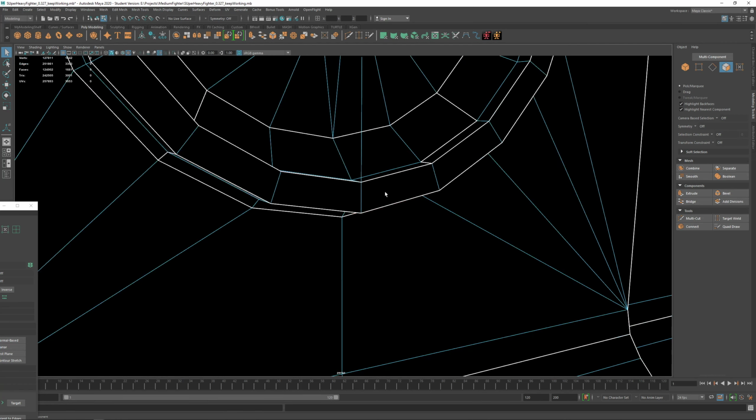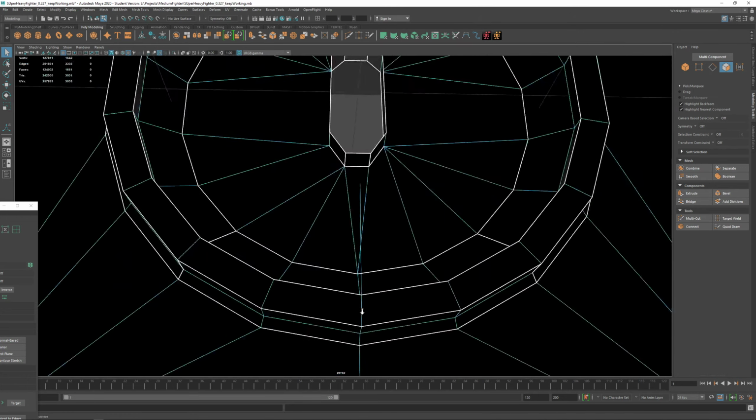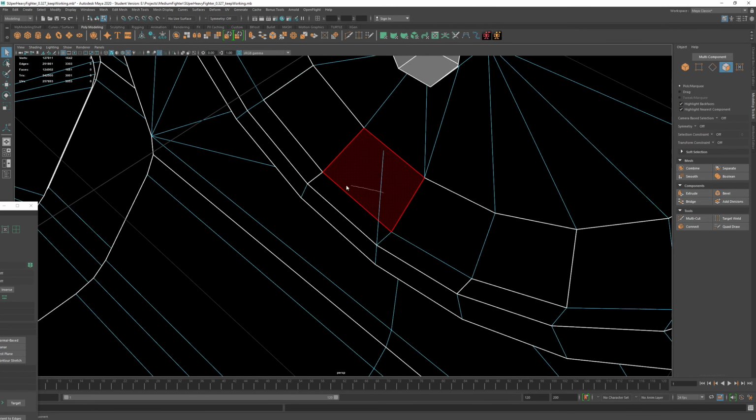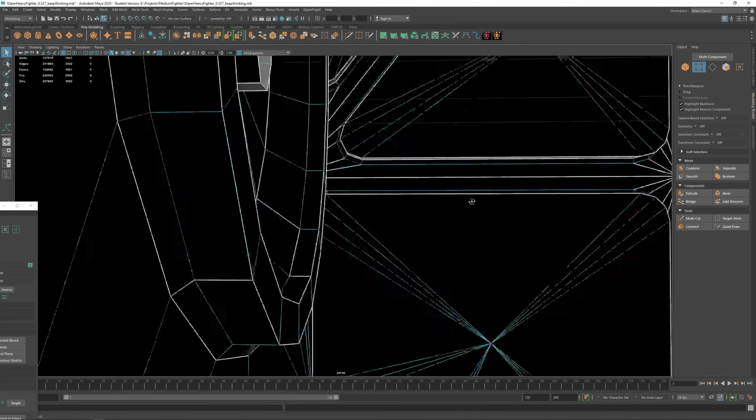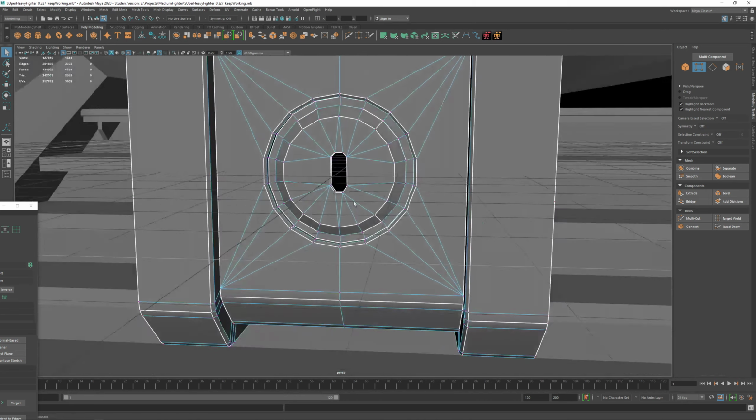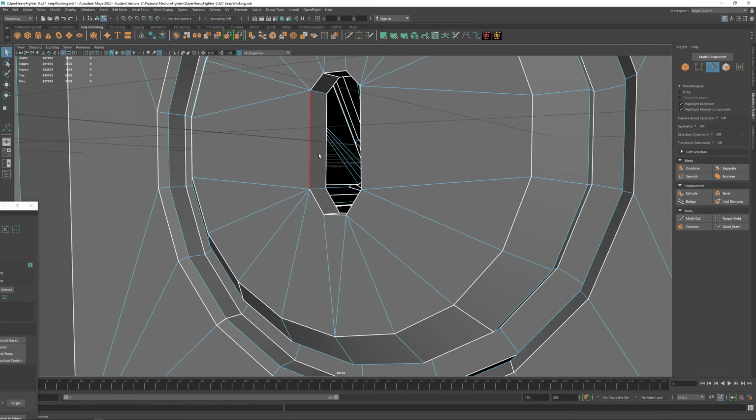Is it not working? It doesn't want to go. So let's see what's happening here. Let's go to vertex. So we have a flying vertex in the air. I'm going to delete it, and apparently that solved the problem. But now we just need to fill the hole in here. Shift right click, fill hole,